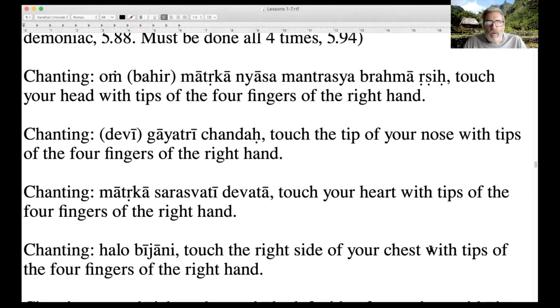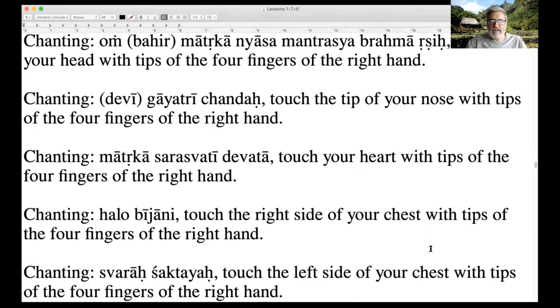We're chanting Om Bahir Matrika Nyasa Mantrasya Brahma Rishihi, touching the top of the head, or just near the top of the head. Devi Gayatri Chandaha. So Brahma is the Rishi, and Gayatri is the Chandaha, the meter. In front of the tip of the nose, with the 4 fingers, Matrika Saraswati Devata, touch the heart.